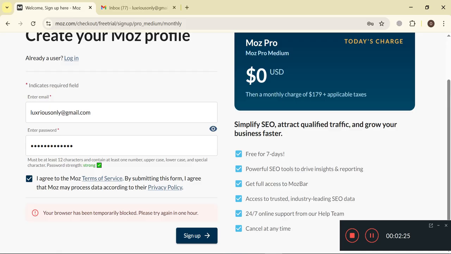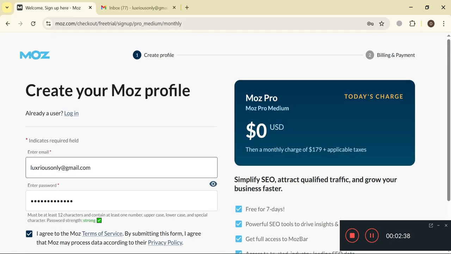So that's how you can simply enter your email and password, and your account will be created, and you will receive an OTP, or one-time password, at your email. You just enter the password and your account will be verified, and then you can get more results for your domain authority checking. So that was all about Moz, how you can create an account and how you can check the domain authority.